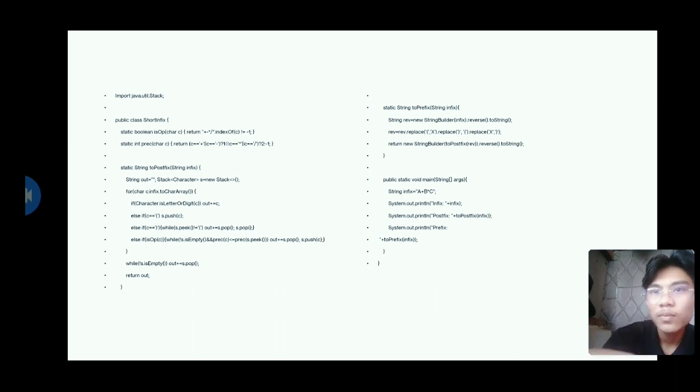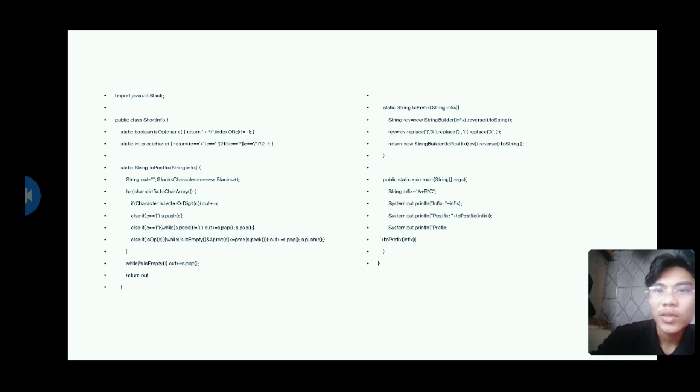Then the string rev, which is short for reverse, reverses the infix expression. Then the reverse equals reverse replace swaps the parentheses after reversing, so an opening parenthesis becomes a closing one and vice versa. And then return new StringBuilder, which converts the reversed infix to postfix and then reverses it again to get prefix.